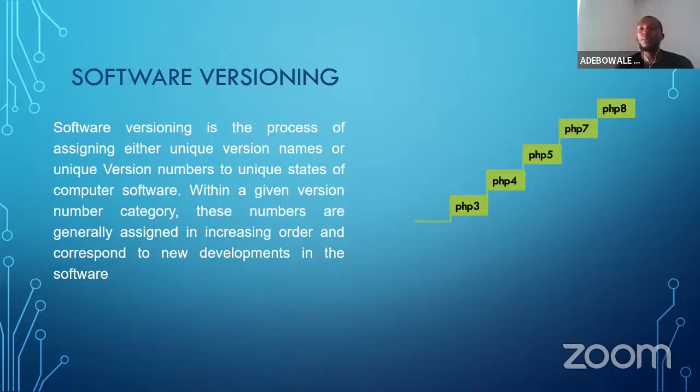We have had PHP 7, we have PHP 5, we have PHP 4, we have PHP 3, and now we have PHP 8. So are we just having number increments, or what is happening? This will lead us to discuss what we know as a semantic versioning system, and that is what PHP has actually adopted in the versioning system.